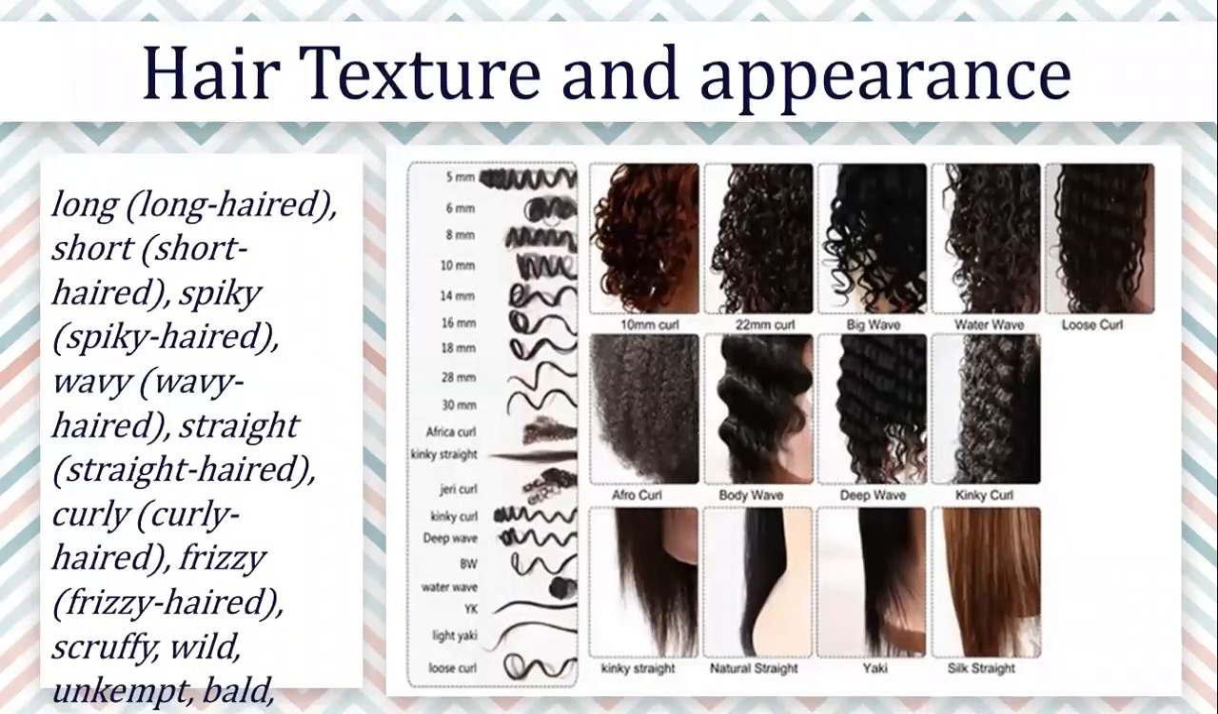Then comes the texture and the appearance. Appearance of the hair can be wild, scruffy, unkempt, or straight, long, mid-length, or maybe very short. The texture, maybe they're straight or curly, rough, frizzy, or spiky. It can be any kind of texture, or maybe they're silky. Of course,